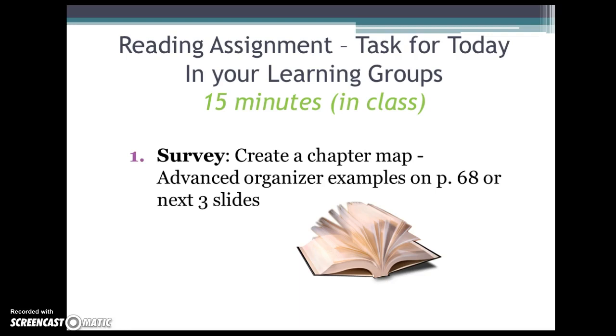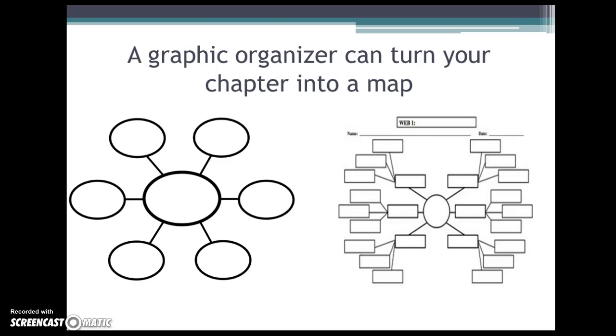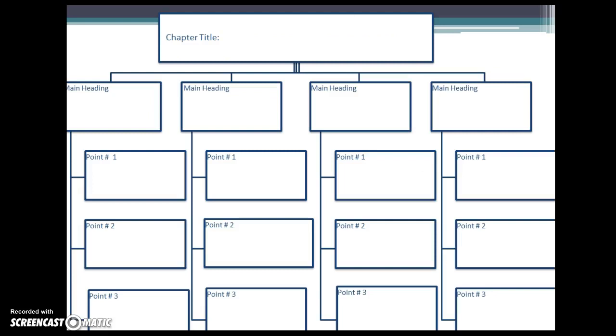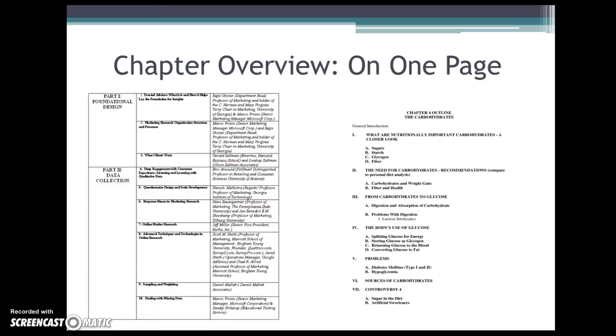So for the reading assignment, I was going to be doing this in class in your small groups, which was to create a chapter map of a chapter in your bio book. Here are some examples of a chapter graphic organizer, where you can turn the full chapter into a one-page organized picture. Some people prefer things like this. For some people that aren't visual learners, this is way too confusing. Some people choose to do it more in boxes. Some people like to have it organized just in writing. But however you choose, you're going to take the chapter and summarize it into one page as an overview as part of the assignment.